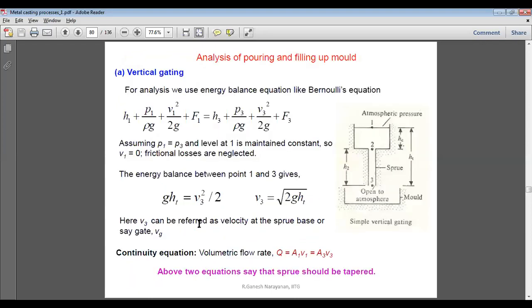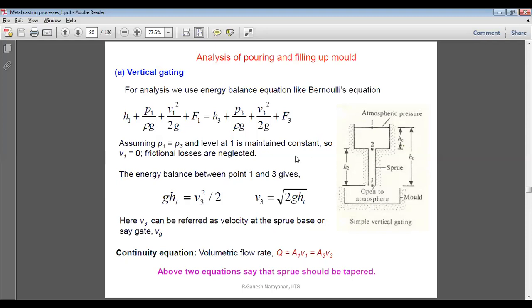Now, up to the third point, Bernoulli's equation must be followed in the flow of the molten metal. As we know, the sum of all the pressures in the molten metal at every point must be the same. So at the first point and at the third point, the sum of all the energies, that is potential energy, hydraulic energy, static energy and pressure force, must be the same, otherwise there will be no smooth flow of molten metal.